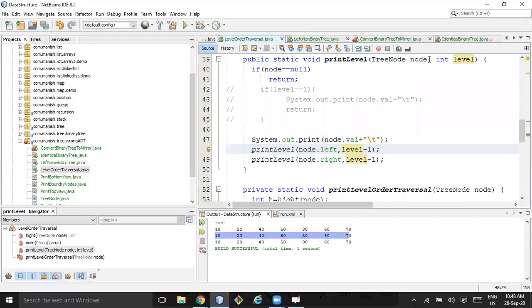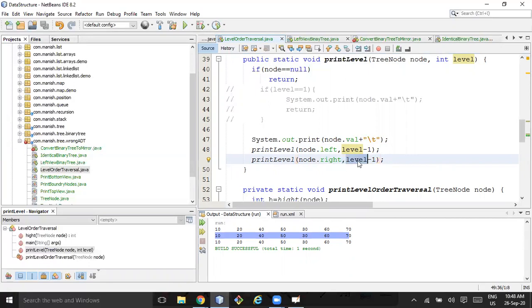Here I can even remove this level parameter, right? Even if I remove this level parameter, because this level is doing nothing in this particular code, although I am passing one parameter, you can give something else also. It doesn't matter because I'm not using this level parameter at any place. So it is useless. Even if I remove it, it will work, right? You agree with that, right? Okay, then good. So this is just pre-order traversal.